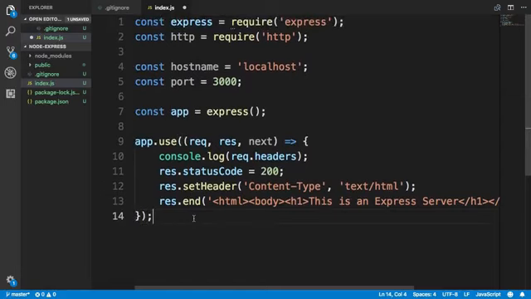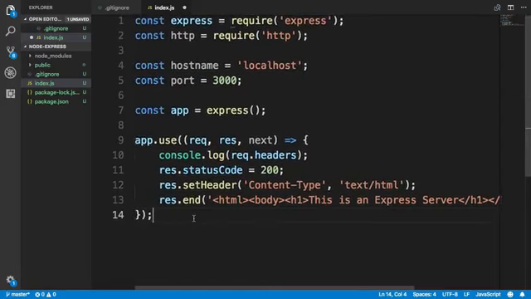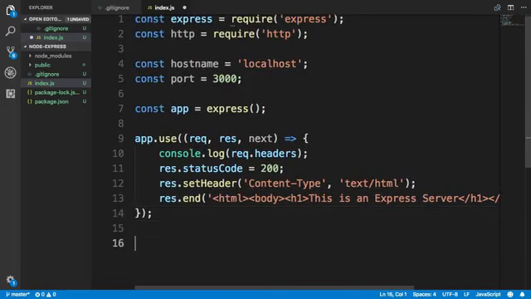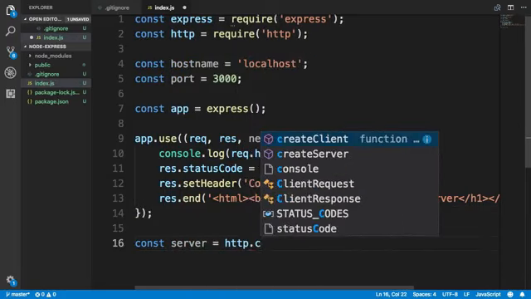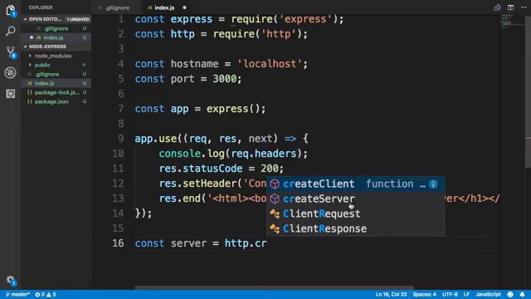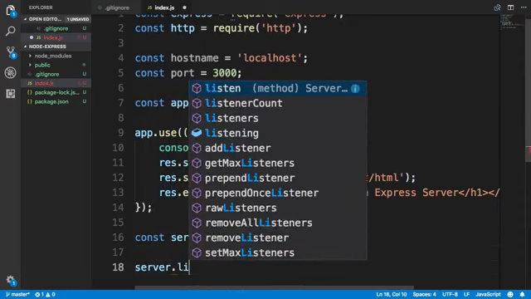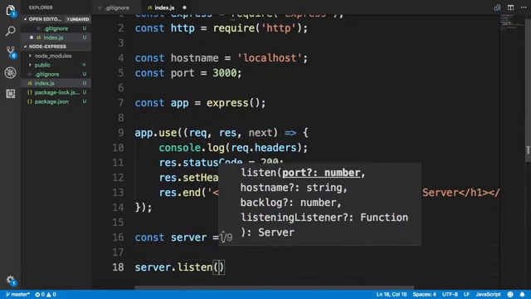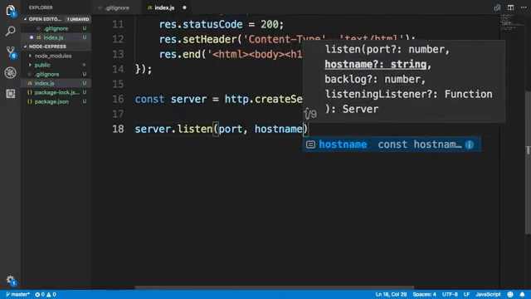Now that we have set up the server using the app, we will set up the server, and then this is where we will use the HTTP createServer. And this createServer is now going to take app as its function parameter there, and then thereafter we'll simply say server.listen port, hostname, and the